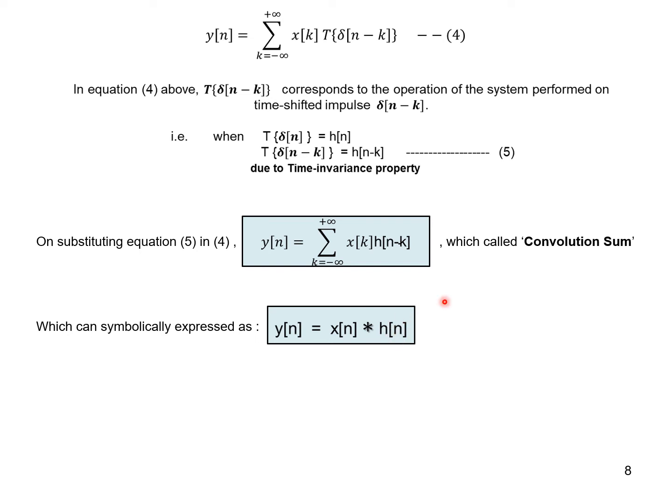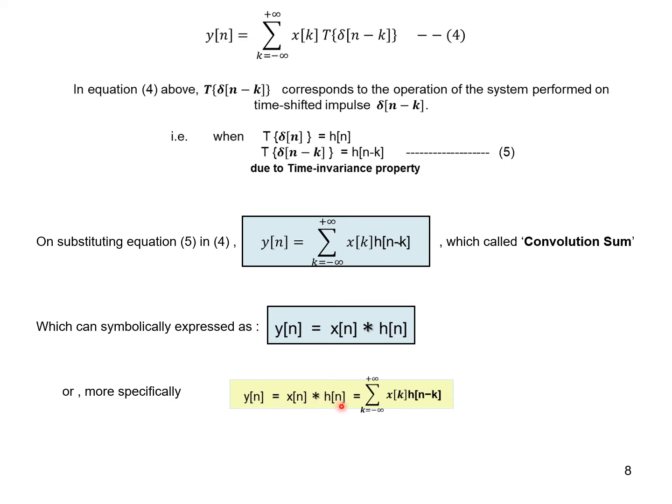See, it's very interesting. I am representing system by signal h of n, which is impulse response. In that impulse response, if I convolve with h of n, I am going to get y of n. Output of the system is nothing but convolution of h of n with the x of n, which can be expanded in this formula. Now I can club these two. I'll write a single formula. See, y of n for a DT LTI system is equal to x of n convolution h of n.